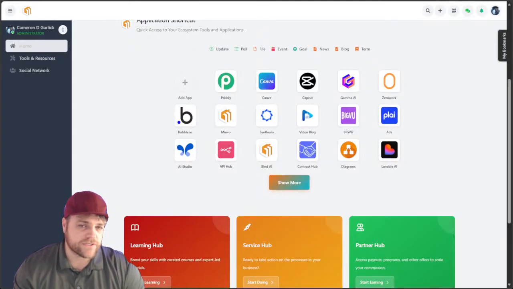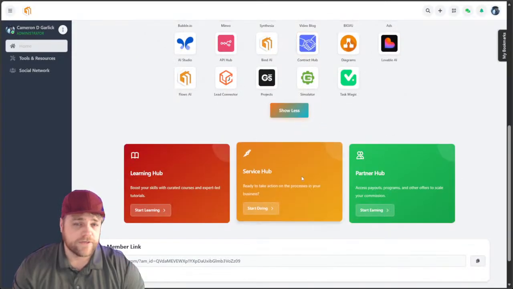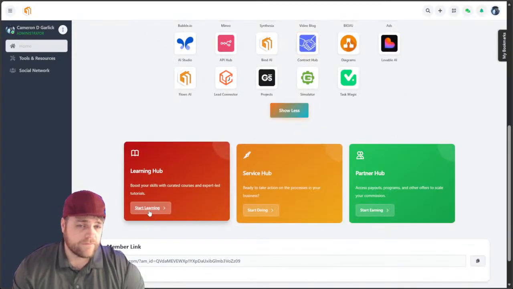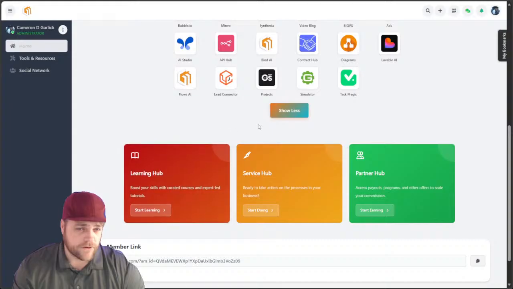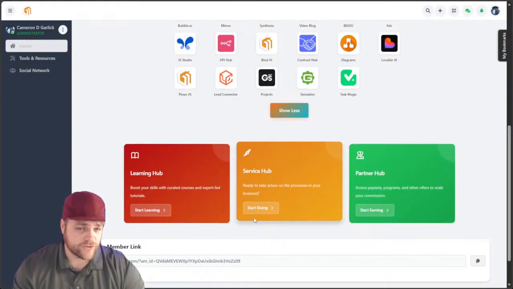So I have all my applications here, right? And we give you a stack of applications to get things rocking, right? We're here to take care of you. We have our learning hub for learning, our service hub for doing, right? And our partner hub for earning. Start learning, doing, earning, right? Cool, right? Kind of rhymes.